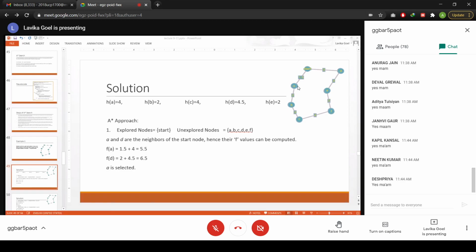If you add up the costs of the edges up till a particular node, what will you get? Yes, exactly, you will get the G value. Deshpriya is correct. So you will get the G value of that node. Like this, you can calculate the G values of a particular node, and H values are already given to you in the question.